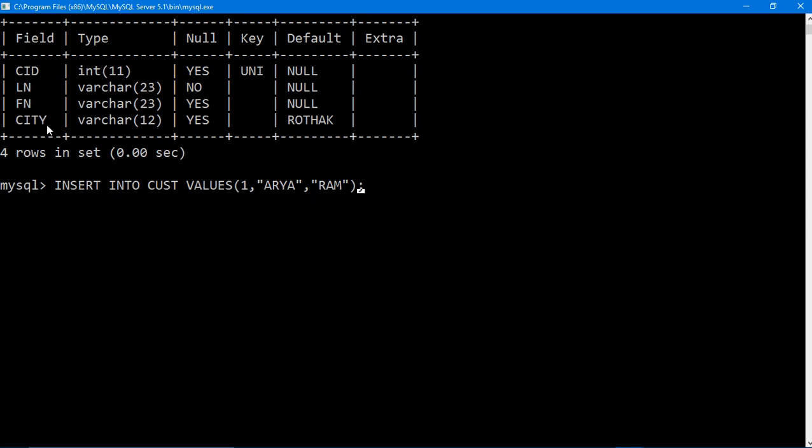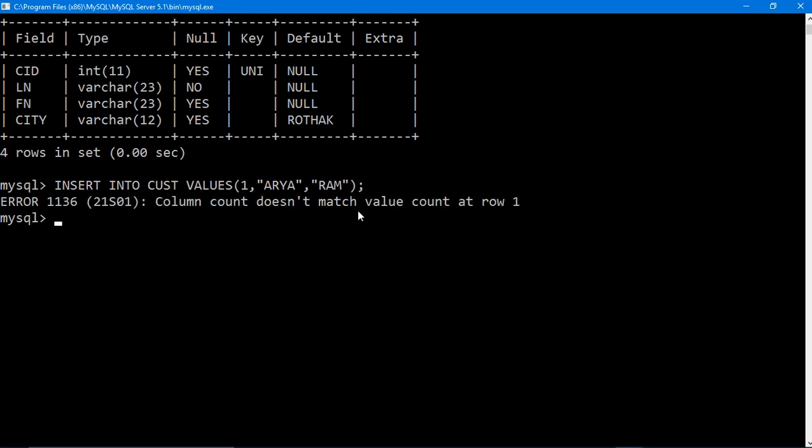Many students think that the city by default has to come as Rohtak, so what is the need of writing something here about the city? This will give you an error. Why? Because the count does not match. There are 4 columns and you are supplying 3 values. If you want to supply fewer values, then you must mention the field names here. So how can you correct it? Just by putting field names here.